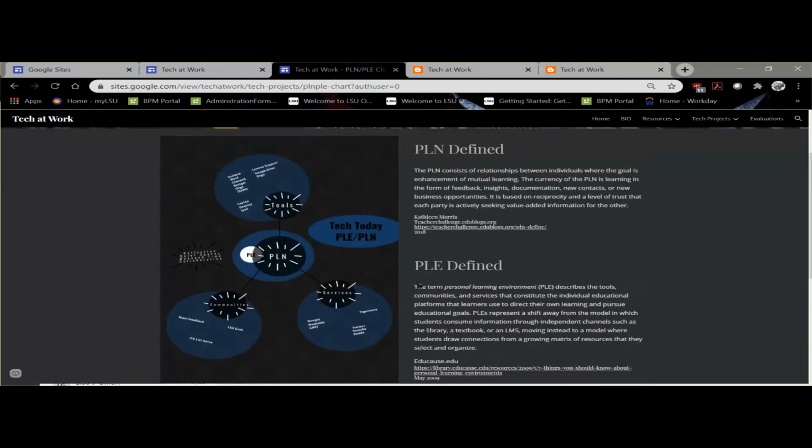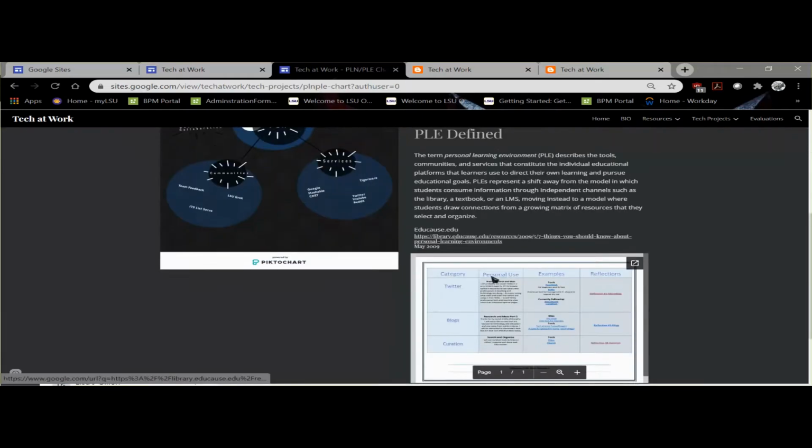So I always liked the practice of creating these charts just to give you a visual sense of what your work environment, your learning environment, your network environment actually looks like.